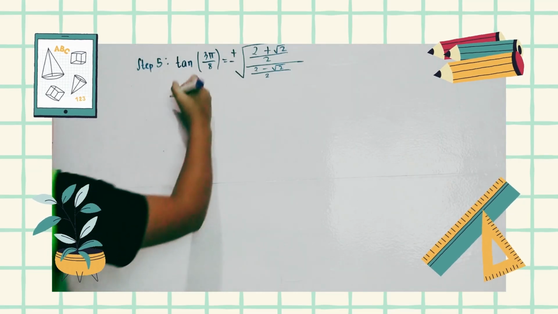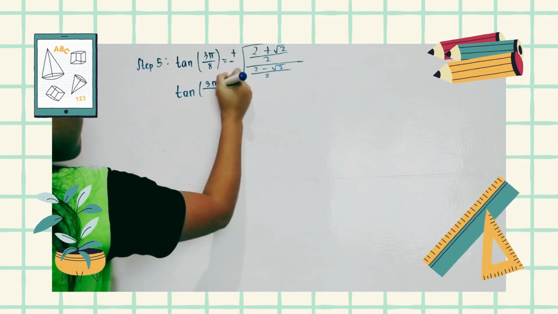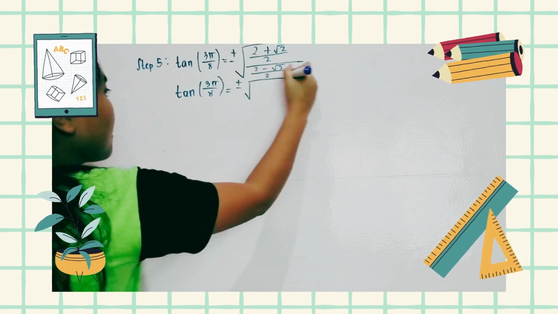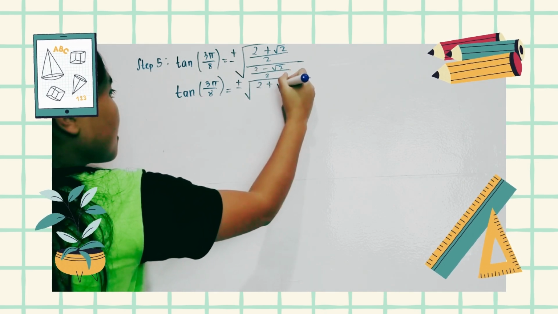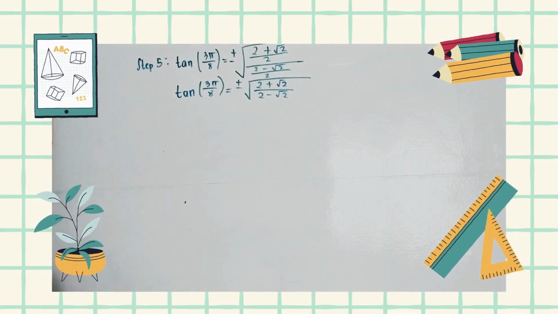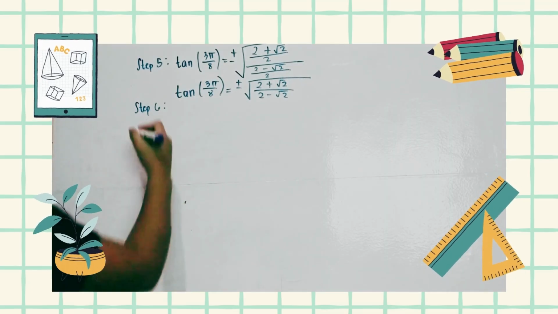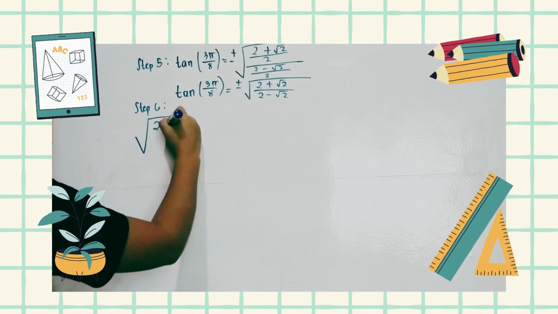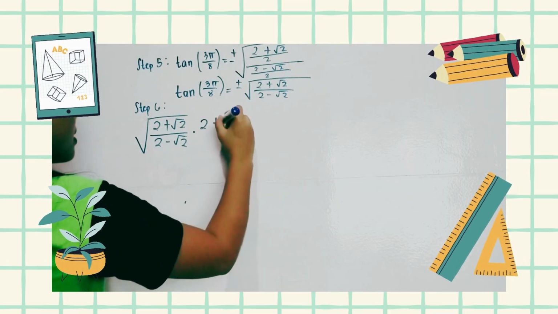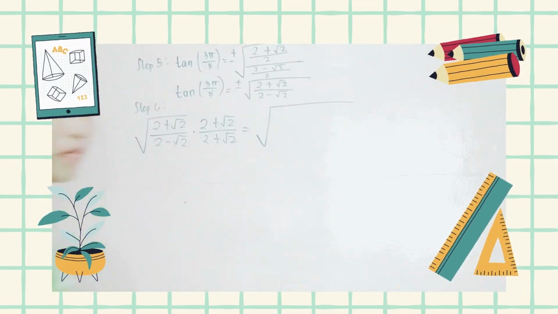For step 5, let us cancel the common denominator. So we have here. For step 6, let's rationalize the denominator. To simplify this further, we multiply both the numerator and denominator by the conjugate of the denominator, which is 2 plus square root of 2. So we have here